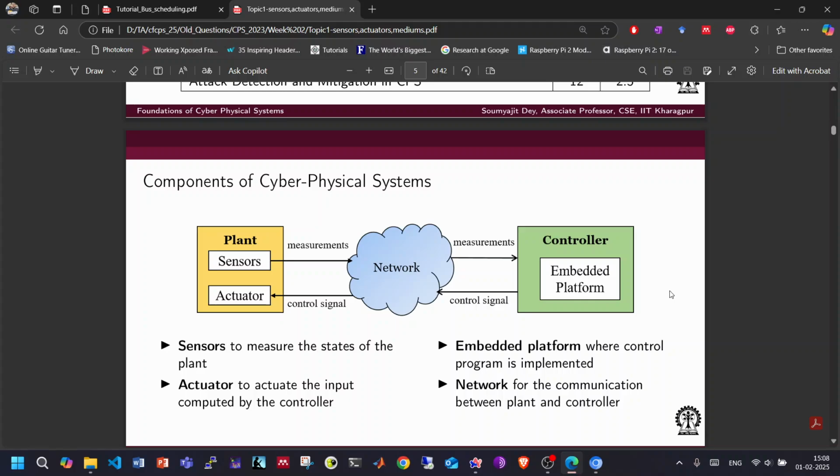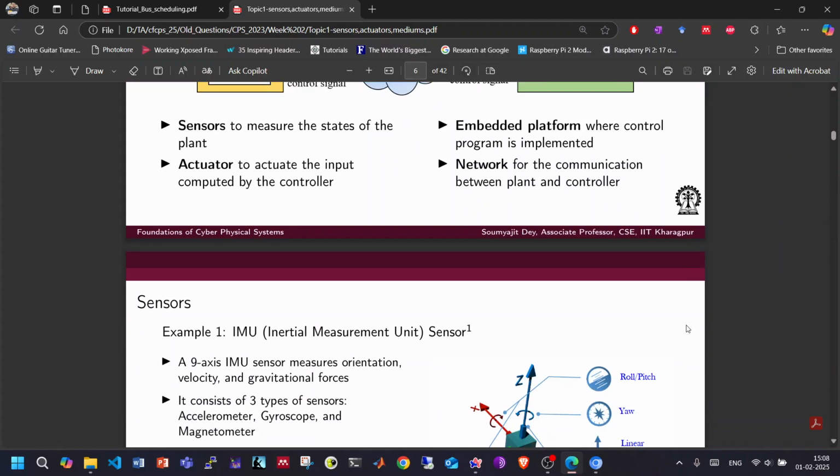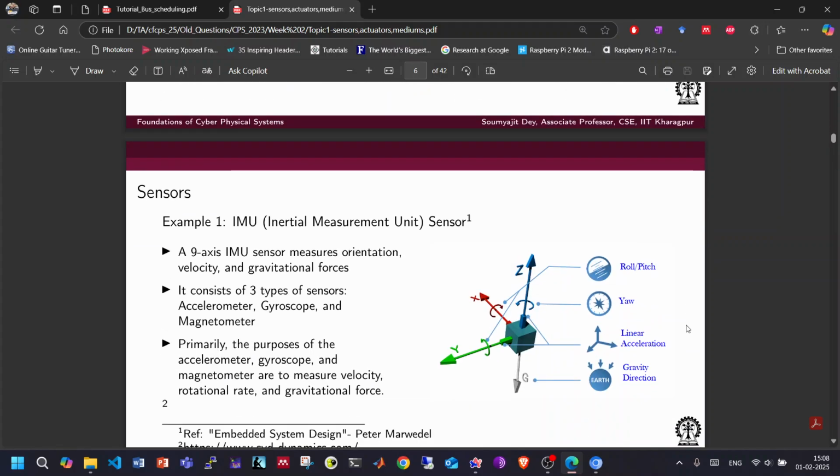So in week 1 you have already seen where and in what fields we use CPS. CPS is a term that we use to describe systems that are controlled using embedded platforms, and where the plant is physical. You know all these things. I'm not going into all these things. So primary components are sensors, actuators, and the medium that we use to communicate between the plant and the controller. We will talk about them today. So sensors, actuators, and communication mediums. So start with